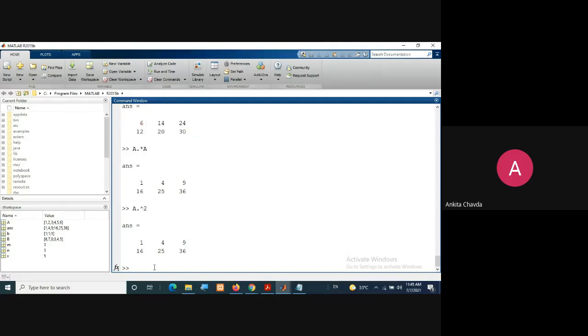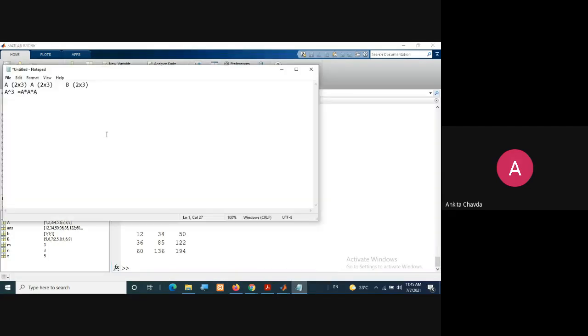So element-wise multiplication will work even if you have different dimensions. But if you have the same dimensions, like in this example, this is your A, and now your B will also have the same size, with some random values I'm giving. Now if you do A into B, it will work because the dimensions are the same.